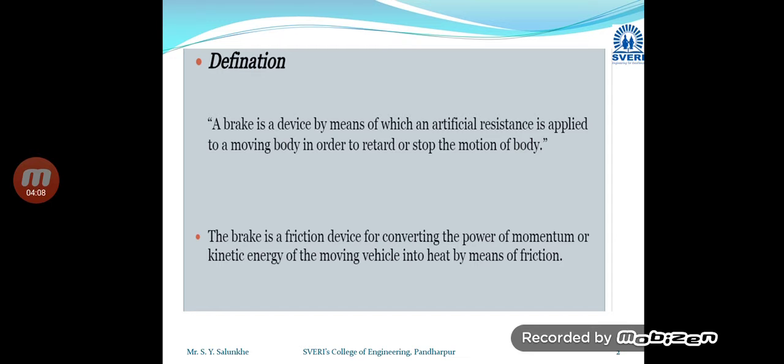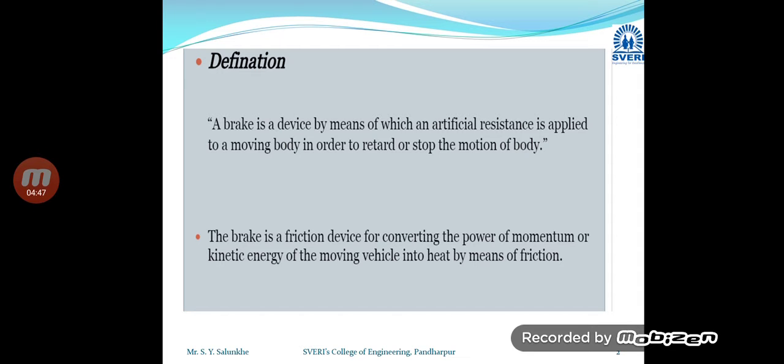So the force is mu into Rn, where Rn is the normal reaction. When we apply force on any surface and try to move that surface, as you apply force, it creates a reaction. The reaction we have to consider is the normal reaction, normal to that surface. That normal reaction and the coefficient of friction create the frictional force, which is in the opposite direction of the motion. This principle is used in every braking system.